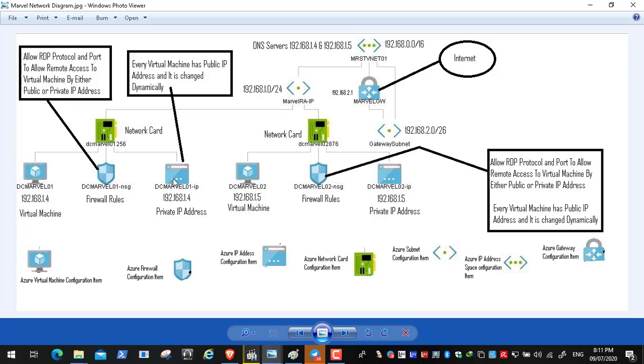We have here two IP addresses. One will be a private IP address and the other will be a public IP address. The public IP address is assigned dynamically; it will change every time the virtual machine is powered on and powered off. As for the private IP address, we have assigned it statically. So this is the virtual machine, this is the firewall rules, this is the IP setting for the virtual